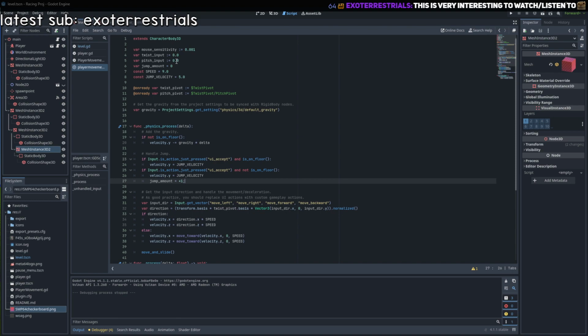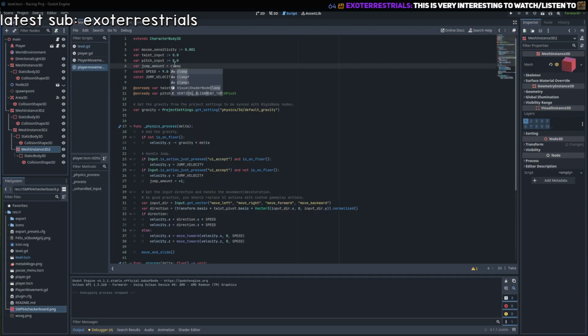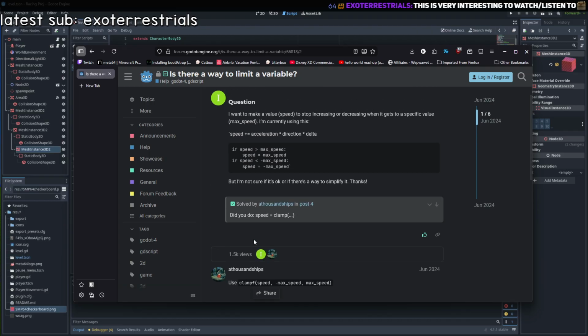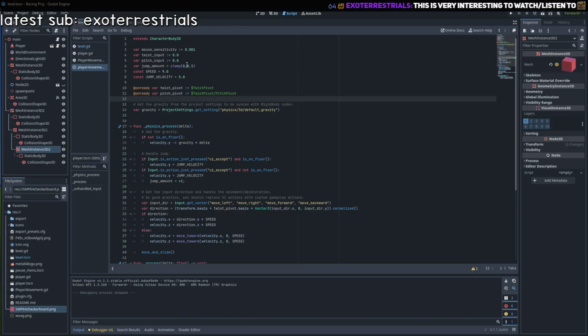Okay, so now we've got a variable of jump amount. So now we can do clamp and then 0, 1. We can do what? So we have our value, our minimum, and our maximum. Okay, so I'm assuming this is the initial value, then the minimum it can be, and then the maximum it can be. I believe that's true. So, with that said,